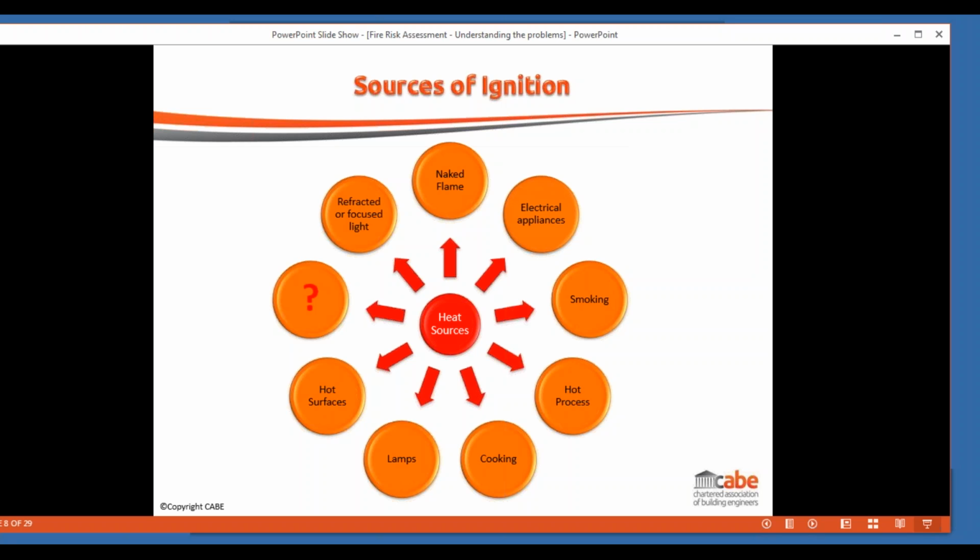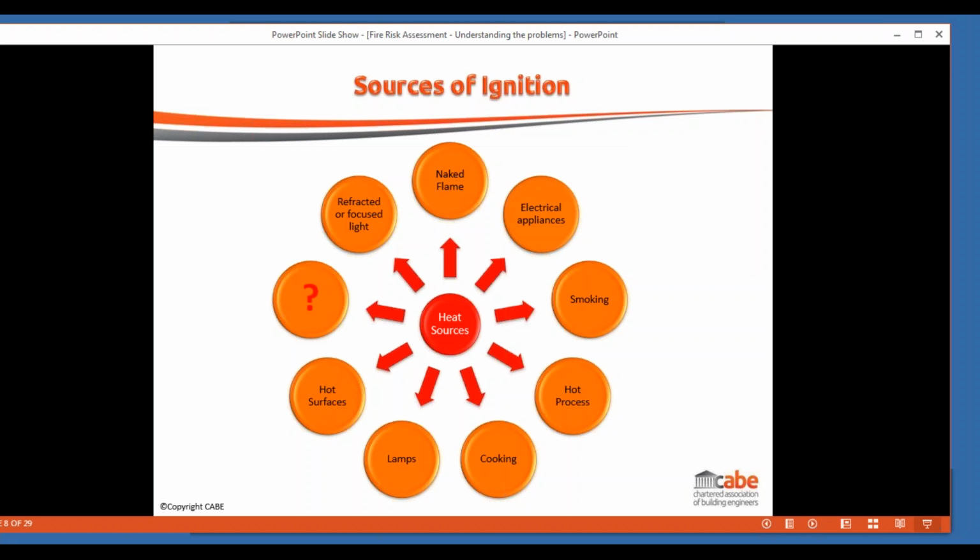And sometimes you do have to think totally out of the ballpark. So I've listed there on the slide some of the things that we would expect to identify, and obviously naked flames, hot processes, cooking, hot surfaces, electrics are the things people tend to focus on. Just to pick up on how easy it is for something to occur and not really be recognized is the